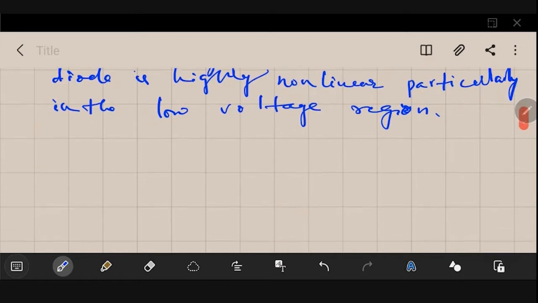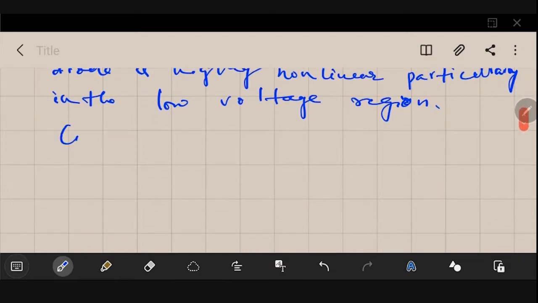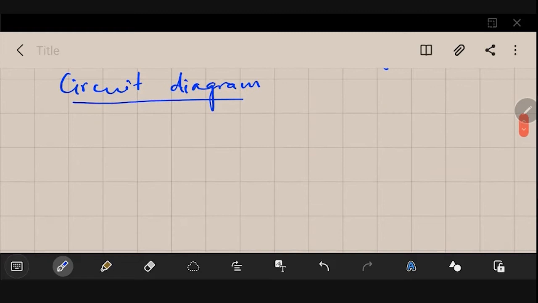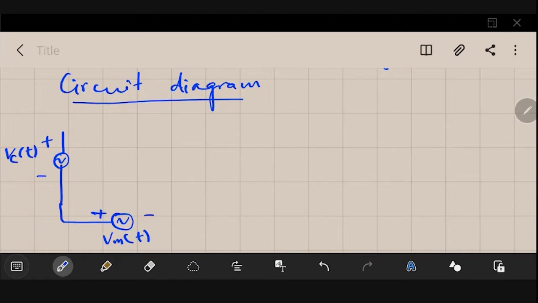So if you have noted it, let me just scroll it down. So next is your circuit diagram. The circuit is quite simple, as you will see. So here we will be applying the carrier, and on the bottom here we will be applying the modulating signal. So here we will be applying your Vm of t, and from here we will be applying the Vc of t, and these are the polarities, plus and minus. As you could see,